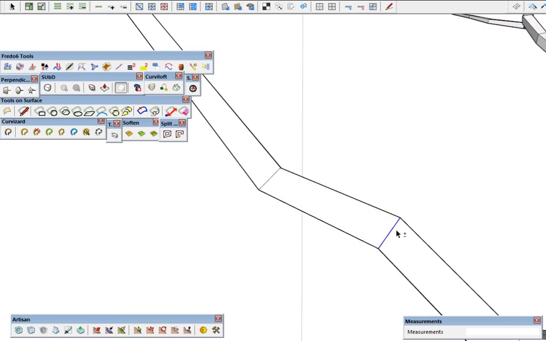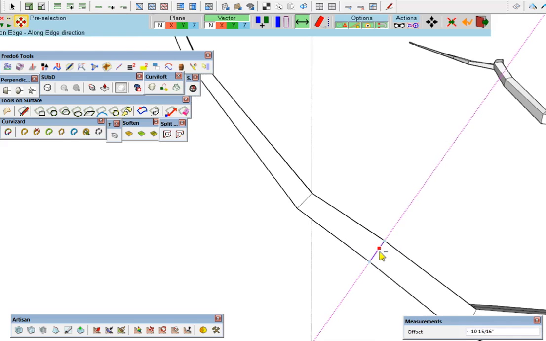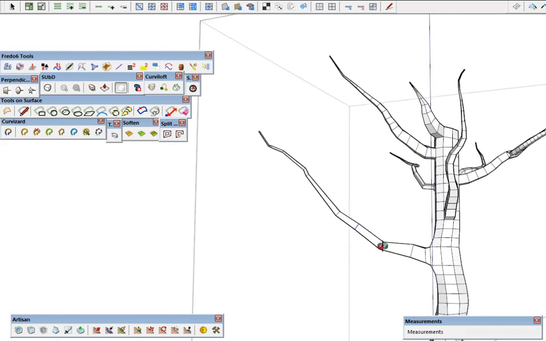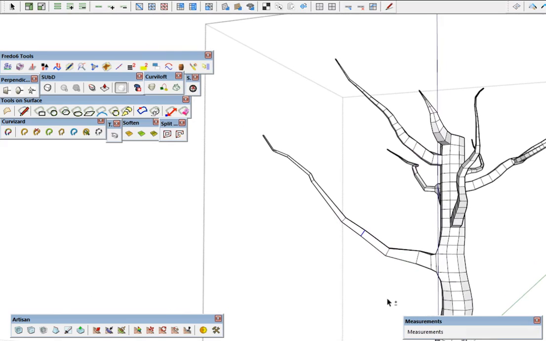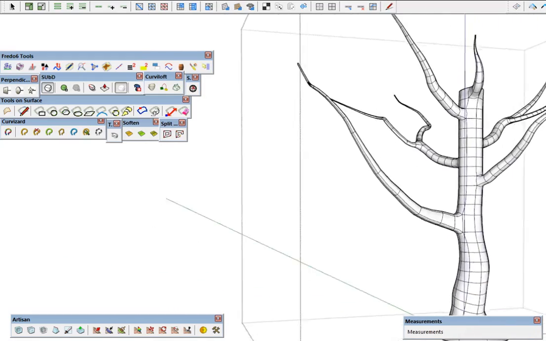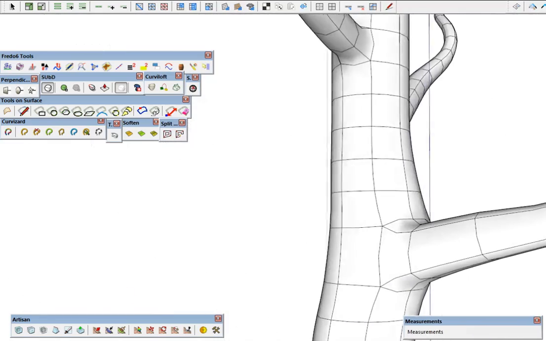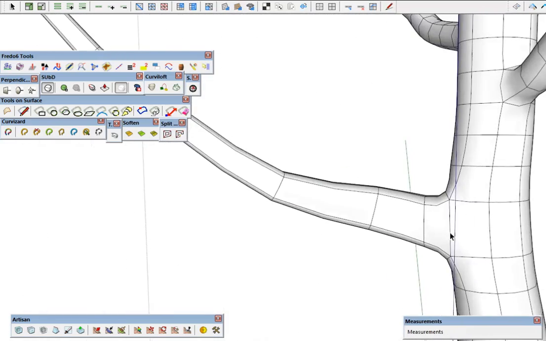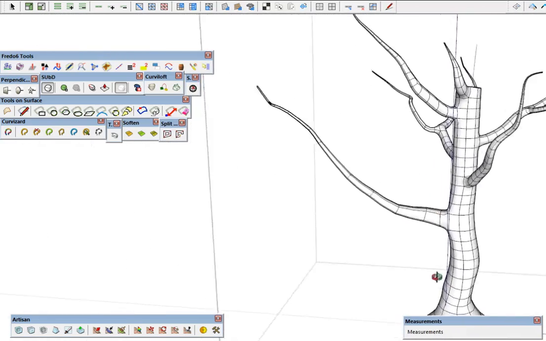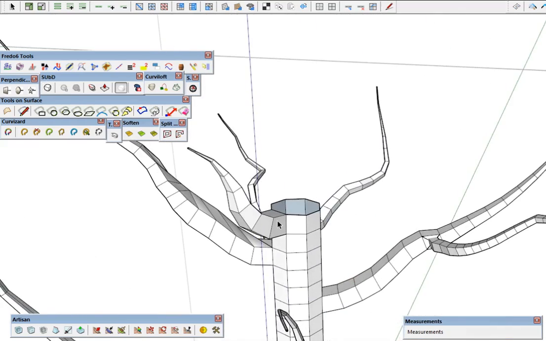Loop it first. And there we go. Let's go ahead and throw SUbD on that again. Now we can see that looks pretty good there, that branching. Turn that off and